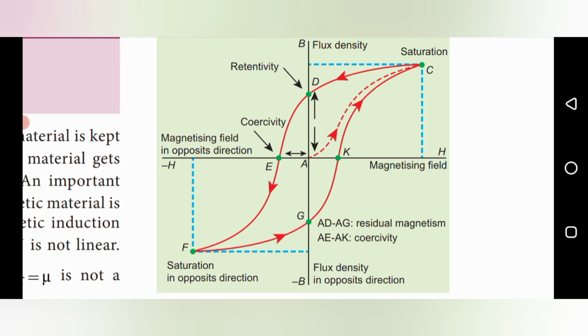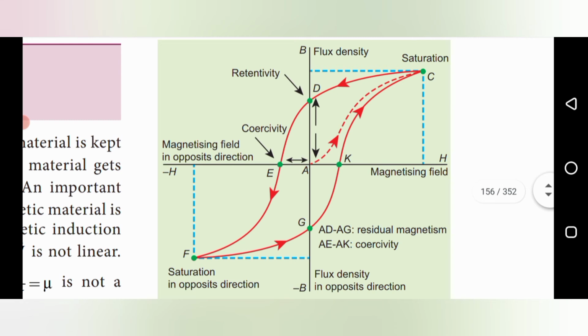This graphical diagram represents the hysteresis loop. It can be drawn for a ferromagnetic material. This is a graph between the magnetizing field and the magnetic induction of the ferromagnetic material. When we increase or decrease the magnetizing field, we plot this graphical representation slowly. That is called the hysteresis loop. Here, a lot of portions are given.